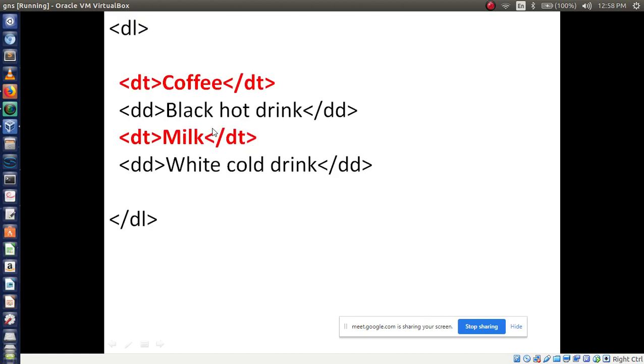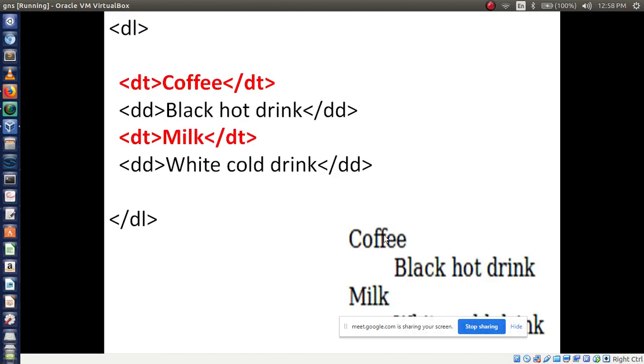See, I want to display copy like this. For this I am using the DL tag, like similarly we have used OL and UL tags, in the same way here we are using the DL tag. Then a DT, data term. So copy I am going to make the data term. For that I am using the tag name DT, then copy, then close the DT.